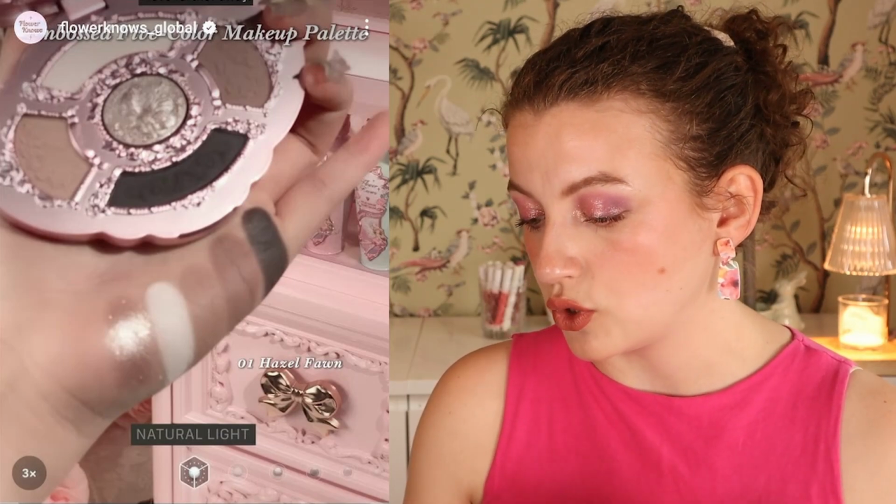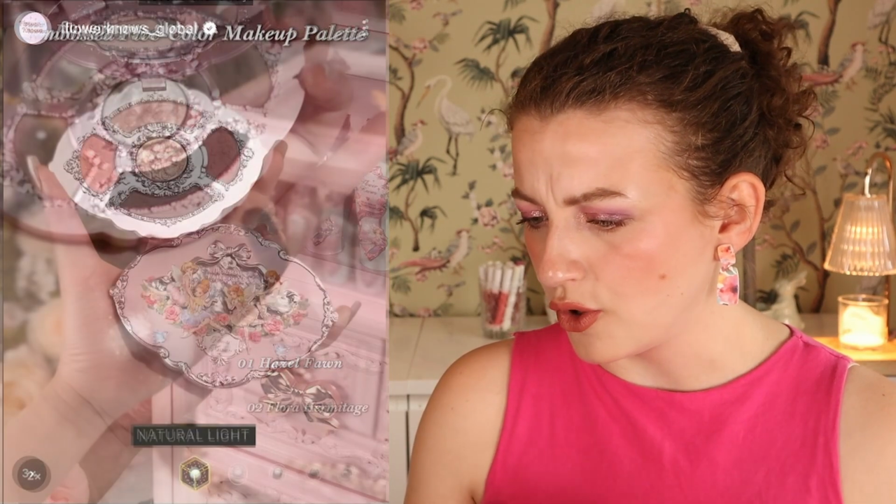And then we also have 02 Flora Hermitage. How do you say that? In Dutch it would be like Hermitage, but that's not it. Hermitage, I think. This is more of a warm tone neutral palette. The swatches of this one look really nice, but I feel like it's gonna be maybe a little too warm for me. Wait, let me remove my...